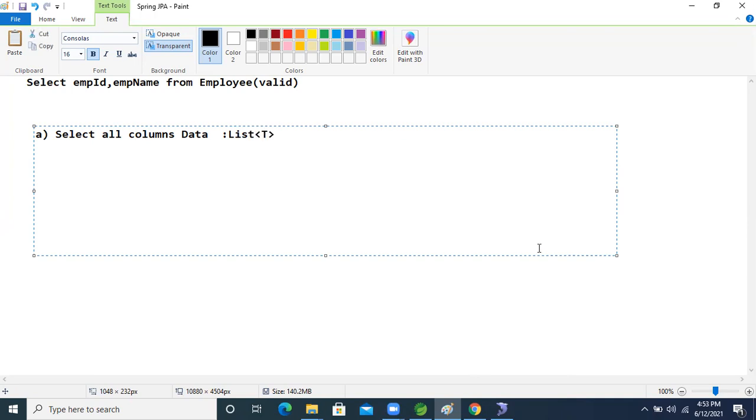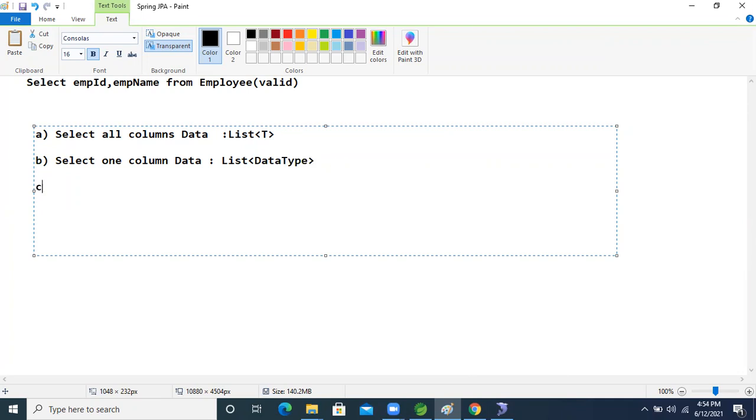Don't worry, if it's still not clear, I will give the image. B: select one column of data. Then which kind of data type will we take? A list of a data type, such as String, double, float.